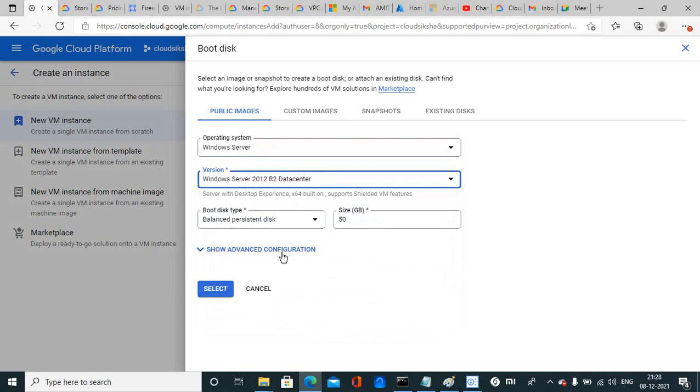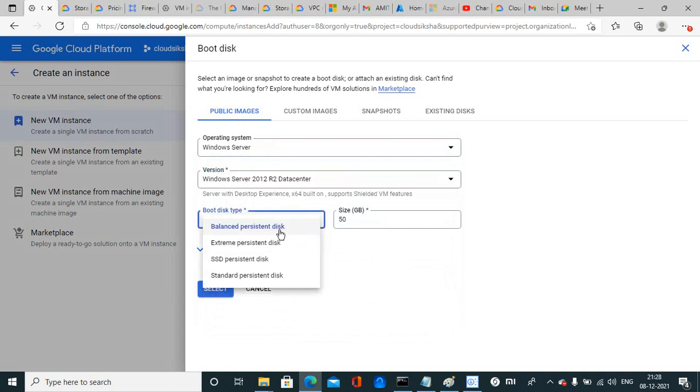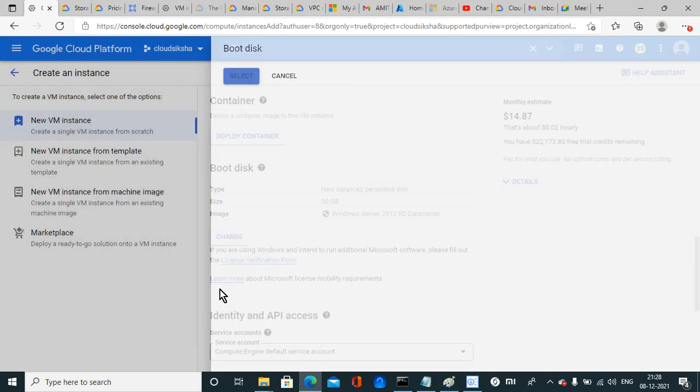It's Datacenter, and here you can see you have four types of boot disk. It's balanced persistent disk, extreme persistent disk, SSD persistent disk, and standard persistent disk. For the time being, I am using balanced persistent disk. I will show you the difference between all four, and just select it.